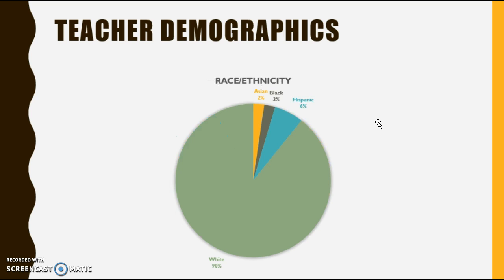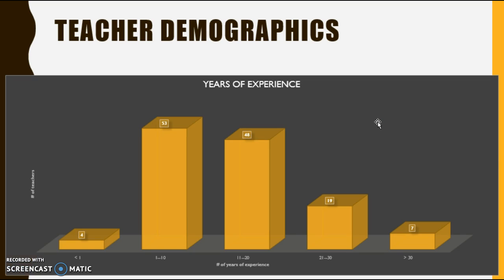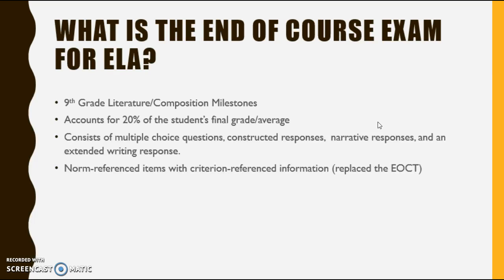Here's the breakdown for teachers based on race and ethnicity. We have 3 Asian teachers, 3 Black teachers, 8 Hispanic teachers, and the majority of our teachers are white at 117. And so I think that this is kind of a weakness for us. We have a low minority count, and I think often our teachers have difficulty relating to our Hispanic students. Our teachers do have years of experience on average. A teacher would have about 13 years of experience.